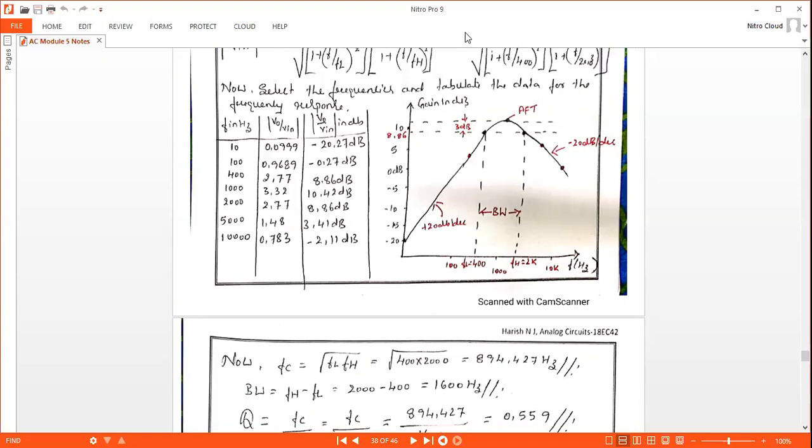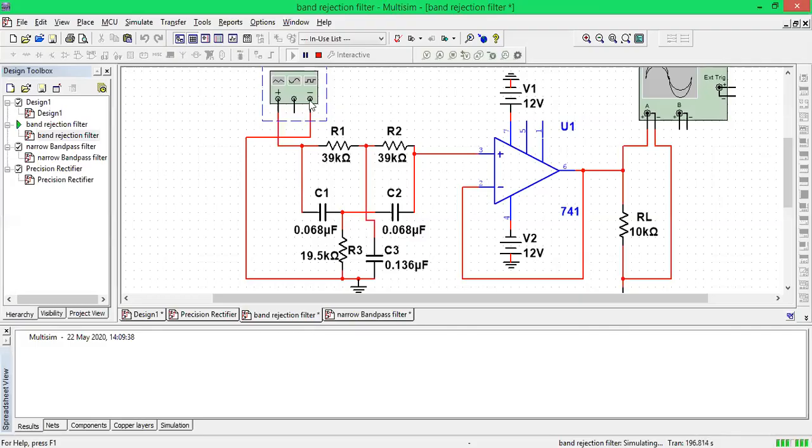Now what we will do? We will execute this. First I told you we have to obtain the graph. You know the graph: from 1 hertz to 5 hertz, the gain is maximum and constant. At 60 hertz, the gain is minimum. After 60 hertz onwards, the gain increases. From 200 to 500 hertz, the gain remains constant. So let me see that.